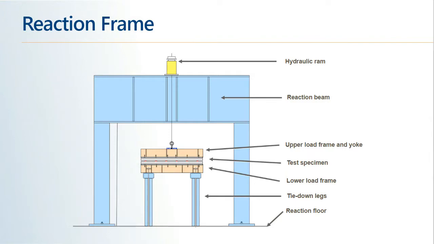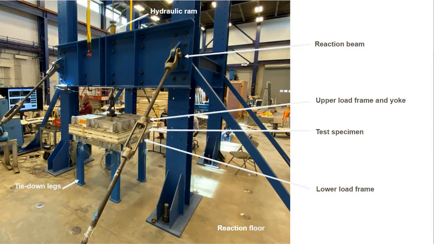That was mounted up on top of a reaction beam, and then there's our sandwich down below with the upper load frame, lower load frame with the test specimen attached to both sides of that. And then there's tie-down legs, and then all that assembly is all fastened in through our reaction floor in our lab. So here's a picture of the actual system that was used. This was actually left over from a previous project, and it had a rating of 2 million pounds. So we felt that this would be adequate for the testing that we were going to be using